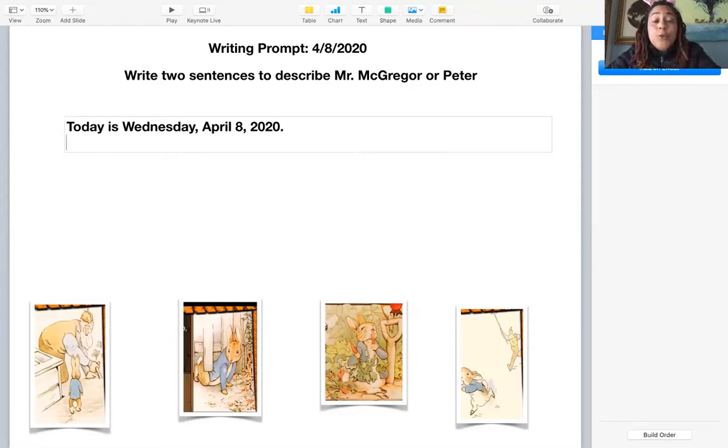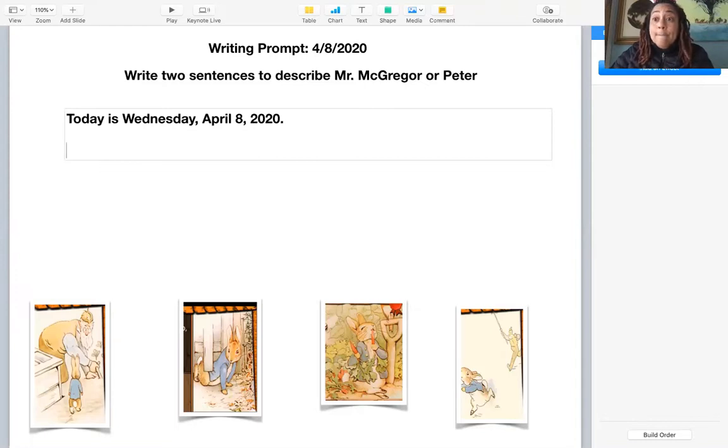So now let's get into our prompt. And it says write 2 sentences to describe Mr. McGregor or Peter, right? So let's think about this for a moment. I want to give you guys an example. So I don't want to describe Mr. McGregor, and I don't want to describe Peter, because you guys have to decide which one of those characters you want to describe. But you know who I will describe? I will describe Peter's mom, okay? So one sentence could be, Peter's mom is a